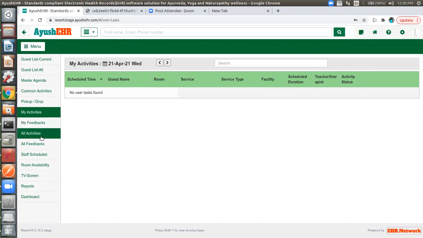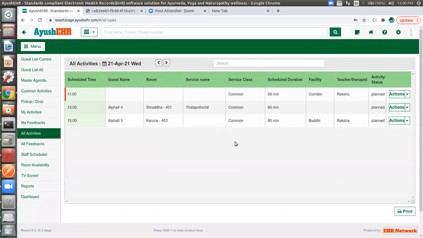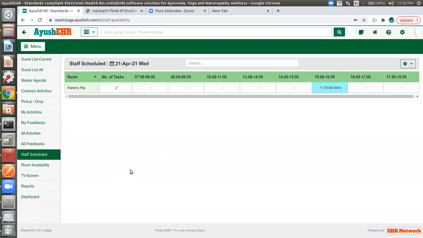And we can also see what activities are scheduled for the therapists in this all activities module, at what time, all those things we can see here. And we have a staff schedule module where we can see how many tasks have been assigned for the therapist and at what time.